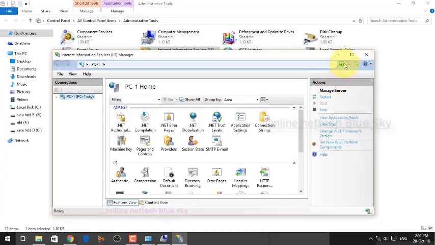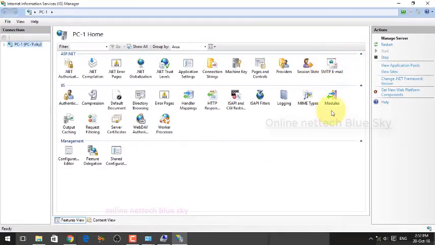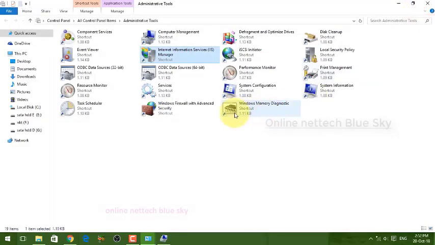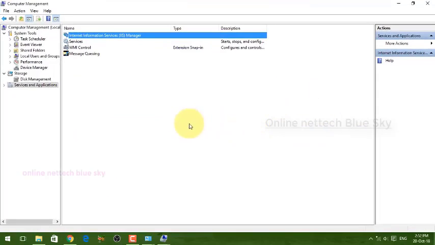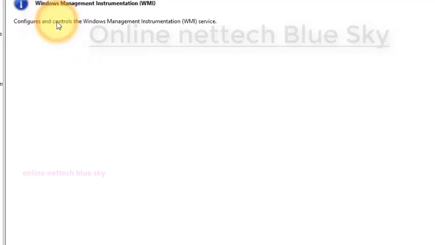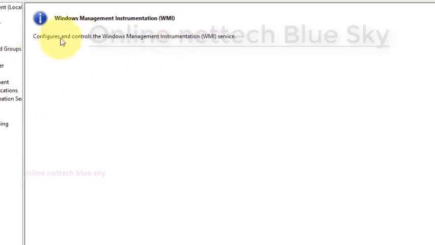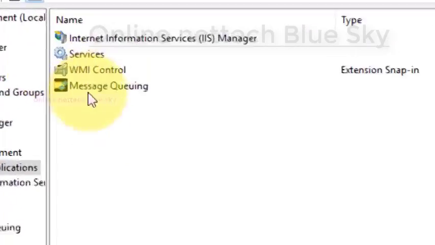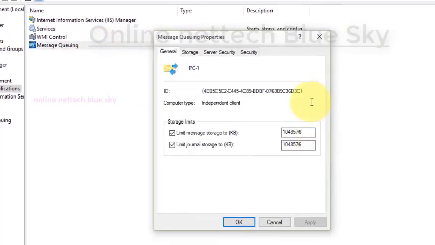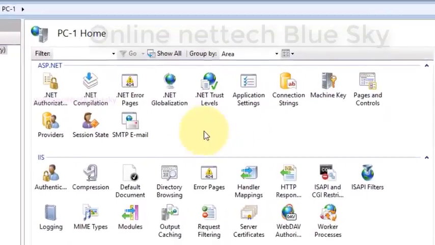This opens a small window here, and you can see this tab in your Windows Server. Okay, but mine is not a server, so you can see first Computer Management, inside it Internet Information Services, some additions here, but not this WMI feature. Okay, so I will discuss the WMI feature. What does the WMI feature do here? You can see here, this is my coding system.